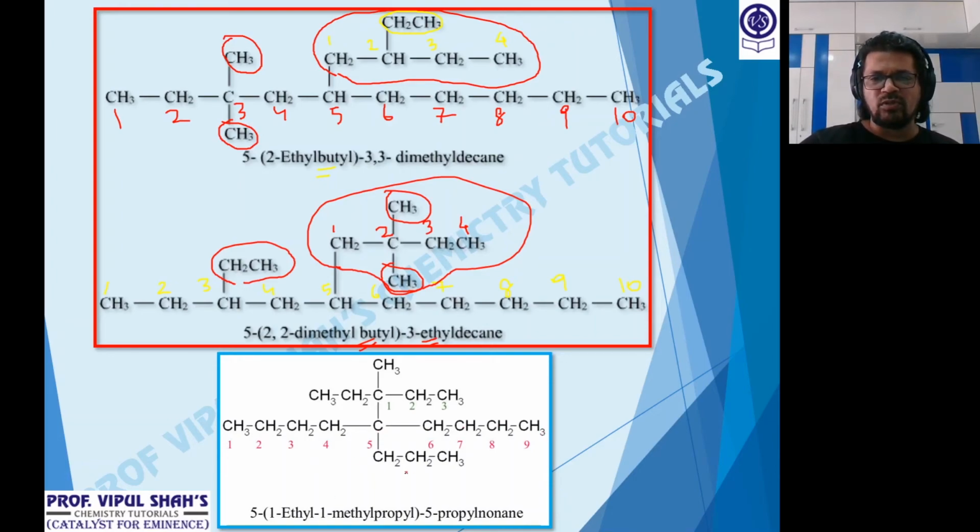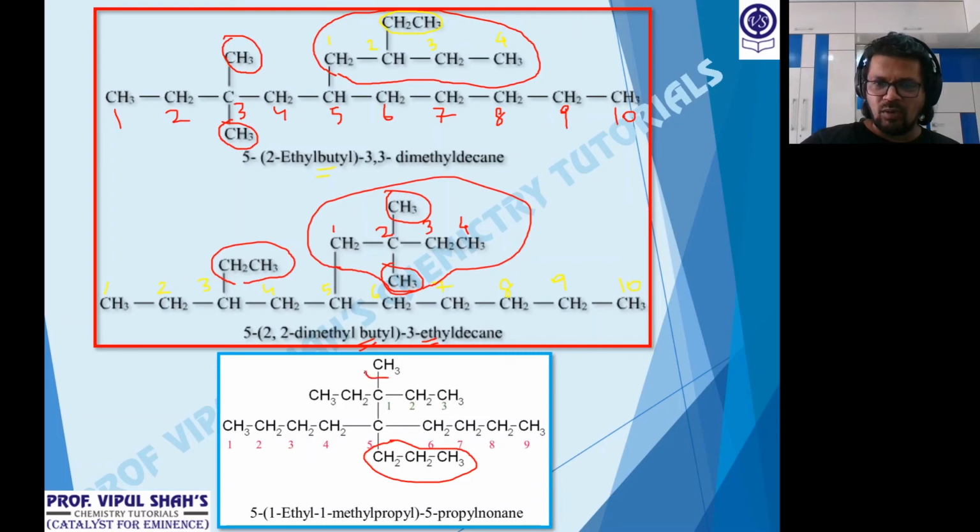So now let's do it. Now at 5 if you observe carefully, first I have a chain of 3, so that's 5 propyl. Then again on 5, if you observe from here, I have to take a continuous chain. So 1 2, then if I go left 1 2 3, that is also okay. Or I take this 1 2 3.